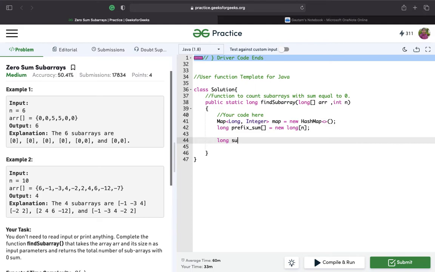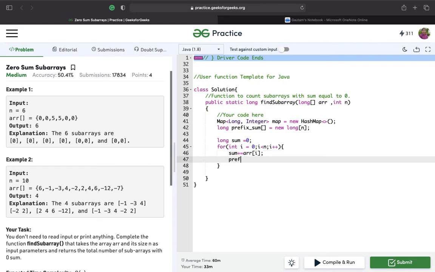I'll start with sum equal to 0, for int i equal to 0, i less than n, and i plus plus. Sum plus equal to arr of i, and prefixSum of i will be equal to sum, basically. Yeah, so that's an easy part.